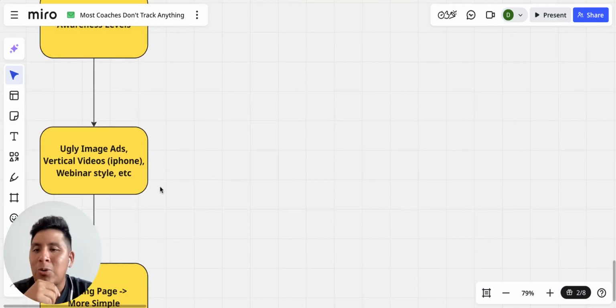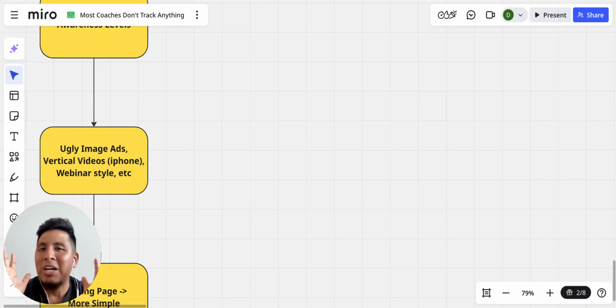Right. Another thing that I always say, again, this is like the second to third lever amongst the offer and the awareness levels to bring that cost per book call down, is just random ugly image ads that you can create on Canva with like a red background and a white font or a yellow font, or a black background with a lime green font. Those things are so different, and so unpolished. Even things like vertical videos on your iPhone, rant style, they're so unpolished that people appreciate the rawness of it, even webinar style, where you can just share your screen and it's not a super fancy camera.